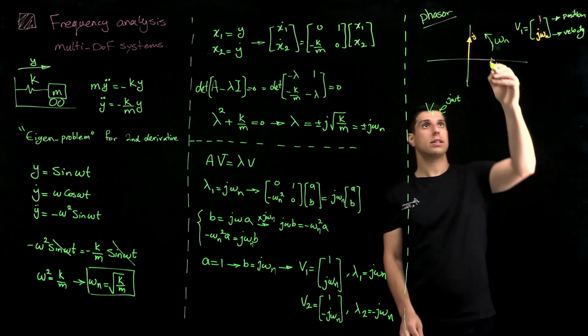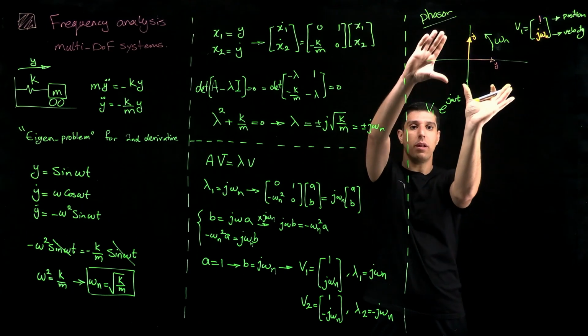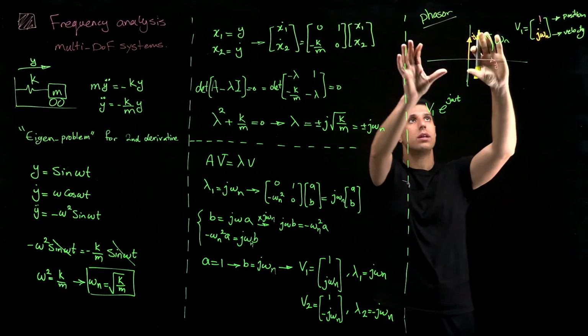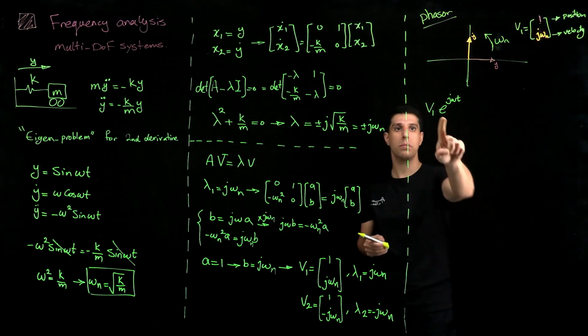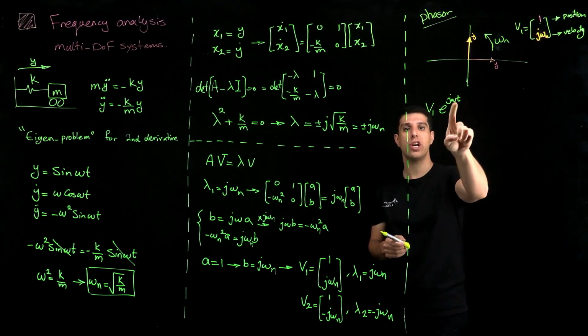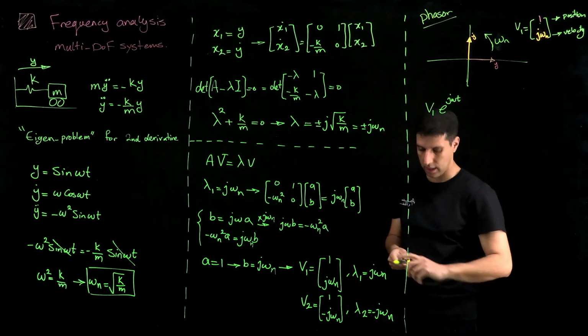So my phasor plots are rotating because they are being multiplied by this e to the j omega n t,